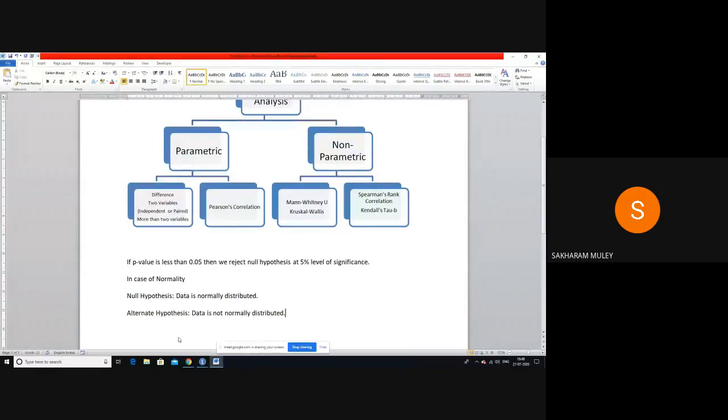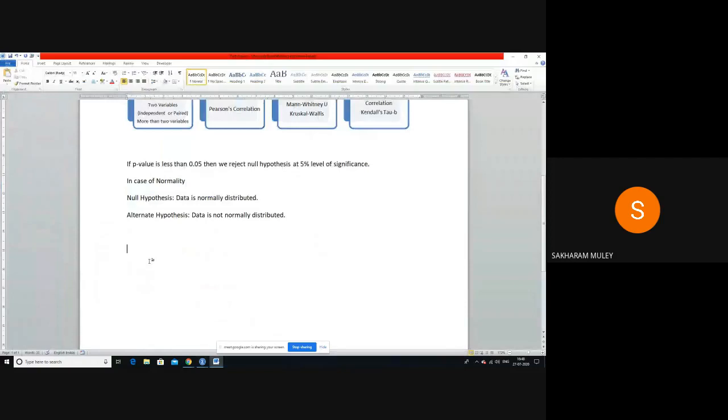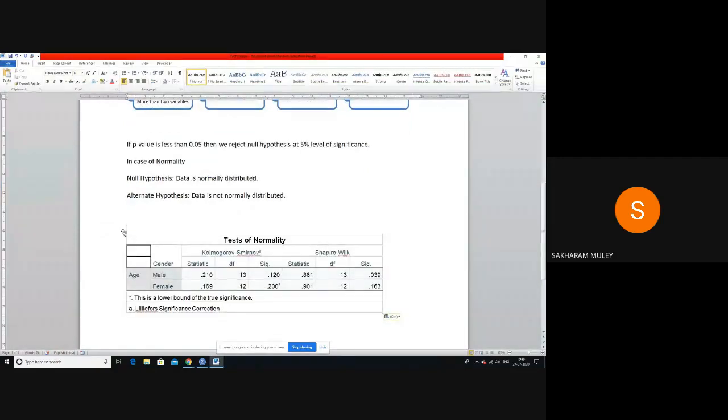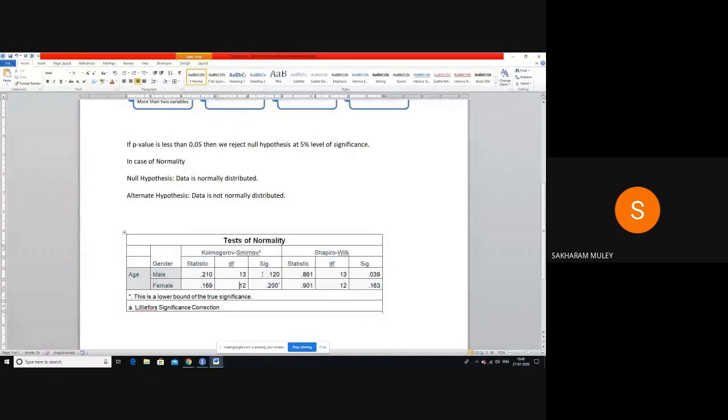Okay. Now, on the basis of your results which you have before you, you can copy and paste here, and we can see the results. What exactly my data is. These are the p-values. You can see my p-value. We say that if the p-value is less than 0.05, then we reject the hypothesis. And this is my basic interpretation.